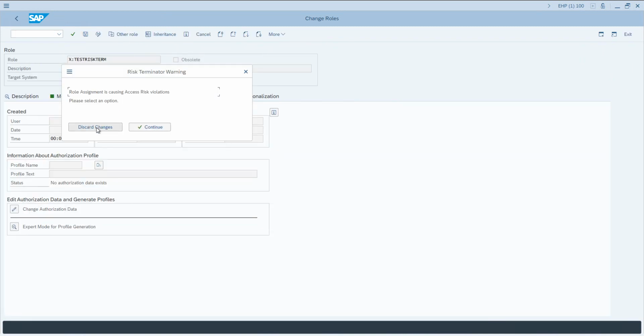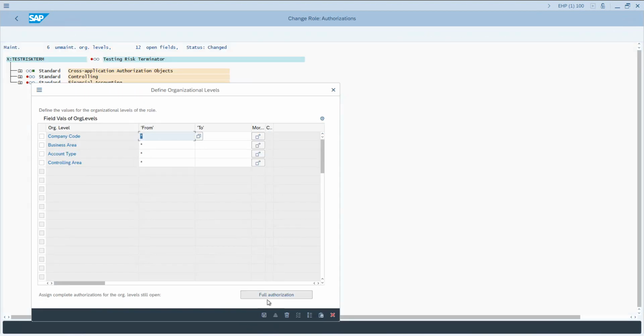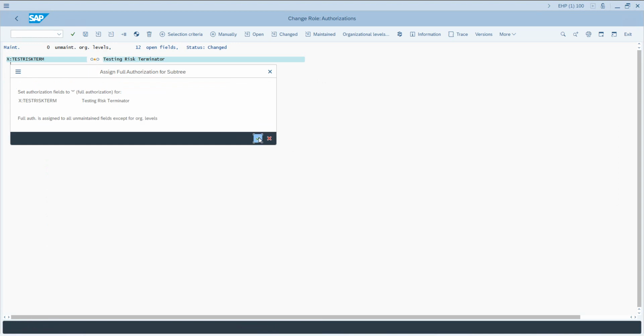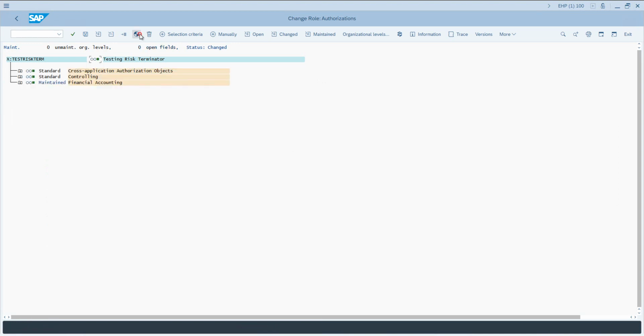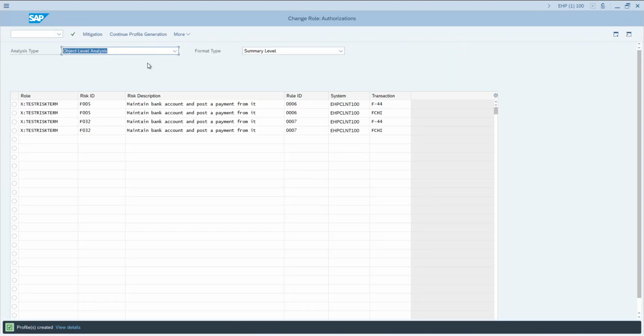Now, if you discard changes, you will be thrown out of this transaction, then you'll have to restart all over again. So we are not going to do that. So click on continue. Now you maintain the authorizations and then try to generate the profile for the role. Again, the conflicts are displayed here again. Why?